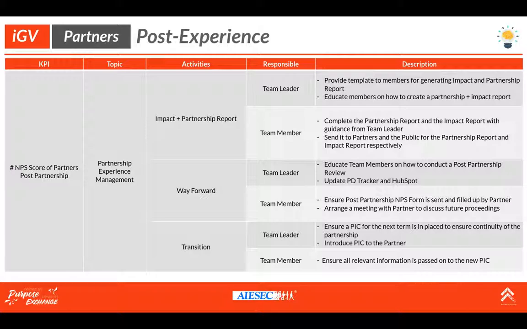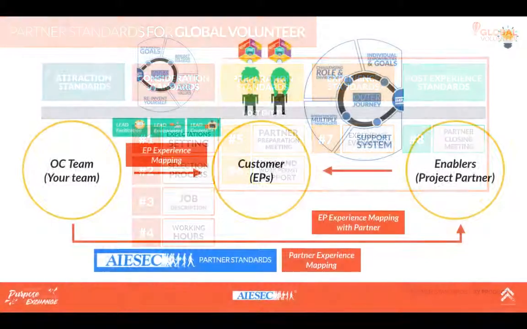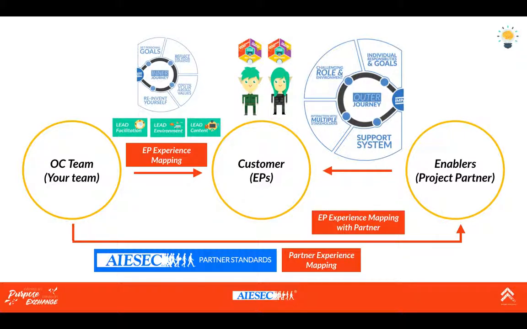Okay, in IGV, every 6 months, we change the people who manage the projects. So make sure that you, as the one who handles the project, have a transition with the next OCPD or next director PD to actually transit this account in terms of what the information is. Okay? Yep, so that's the conclusion of the 4 highlight standards in this period of time, especially 5, 6, 7, 8, which is why, lastly, as a recap, I just want to bring out this picture again. In the end of the day, if we want to make sure that every single EP receives a quality experience, you need to make sure that your enablers are ready to provide that kind of experience as well.